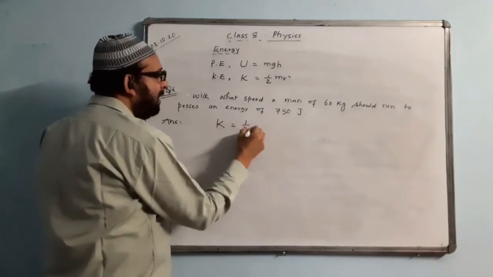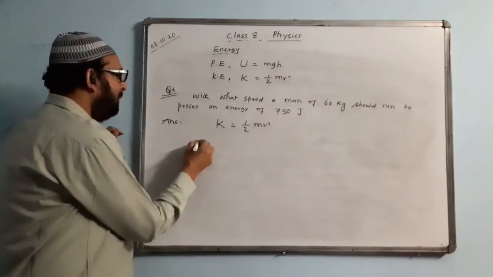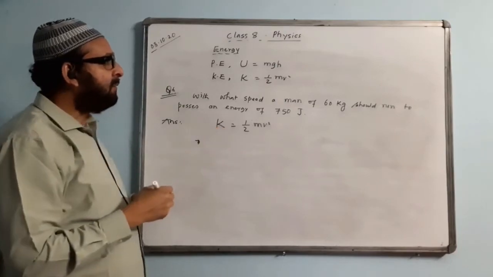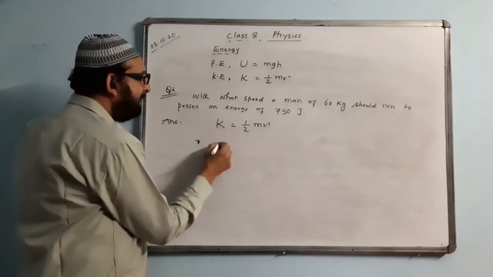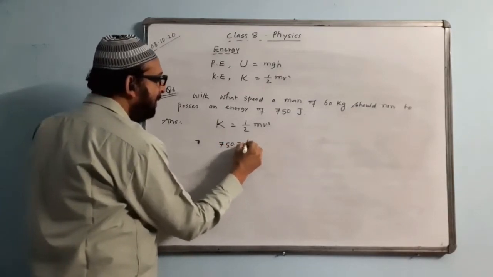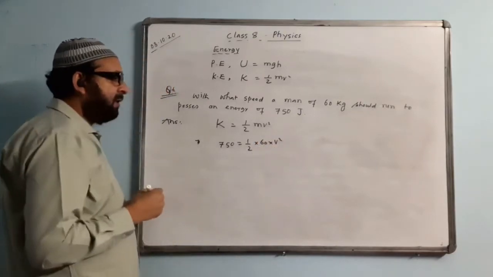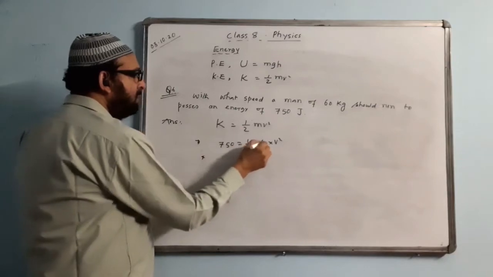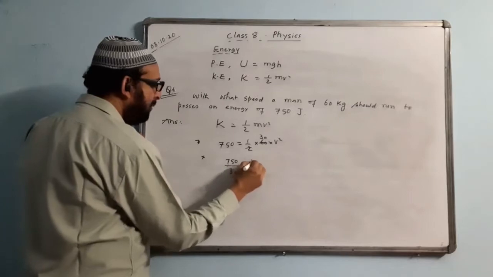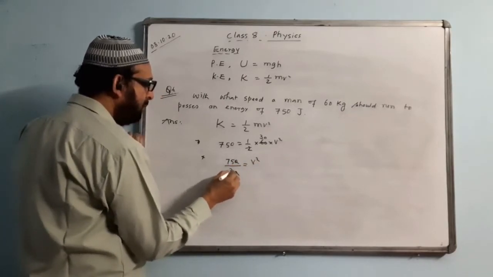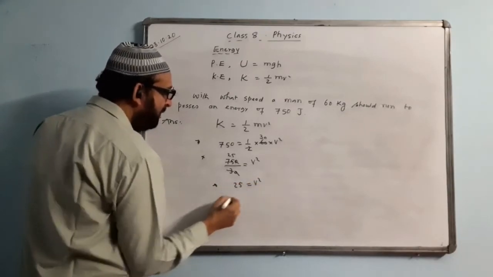Kinetic energy formula is half mv square. So I'd like you to know that formula first. Energy is given. Why is the kinetic energy formula being used? Because the question is talking about the speed. So kinetic energy value is given, 750, half. Mass is 60 kg and v is unknown, right? V square. You can cancel 2. This will go 30. 30 will come down. 750 by 30 is the value of v square. 0 0 will go. This will go 25 times. So 25 is equal to v square.